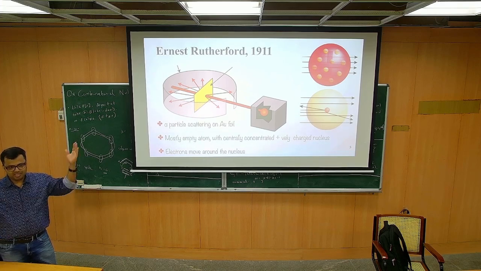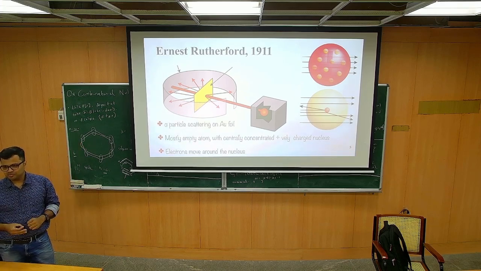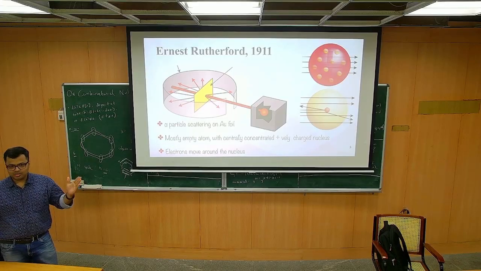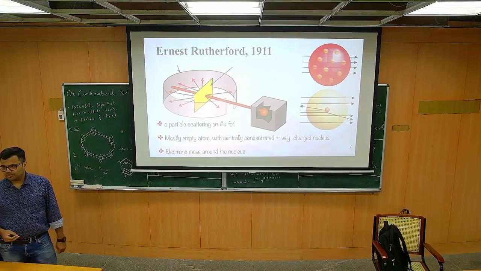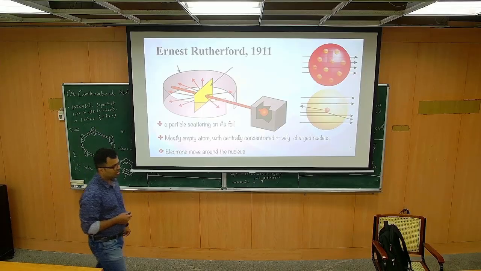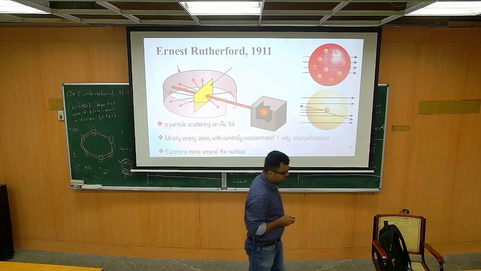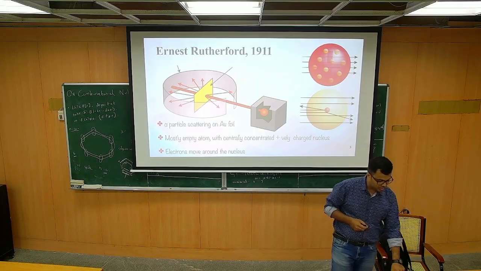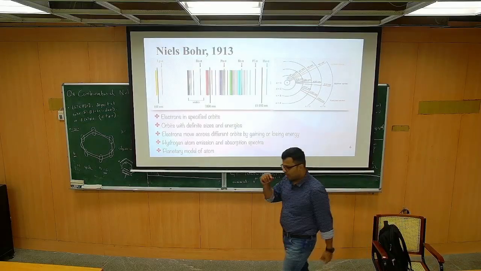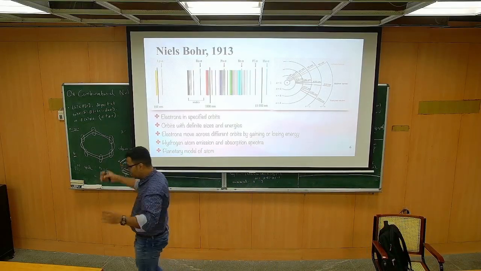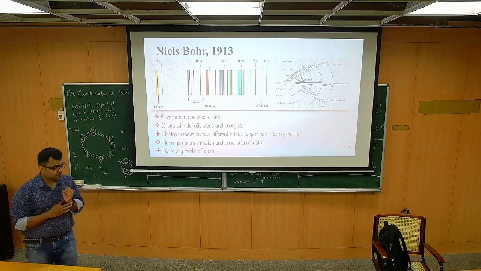And we have been living for millions of years, billions of years, without these electrons having fallen into the nucleus. Okay, so this was a question that was not clear then, but at least based on his experiment, it was clear that the nucleus is basically a very concentrated point-like object inside this big atom, with the electrons revolving around it.